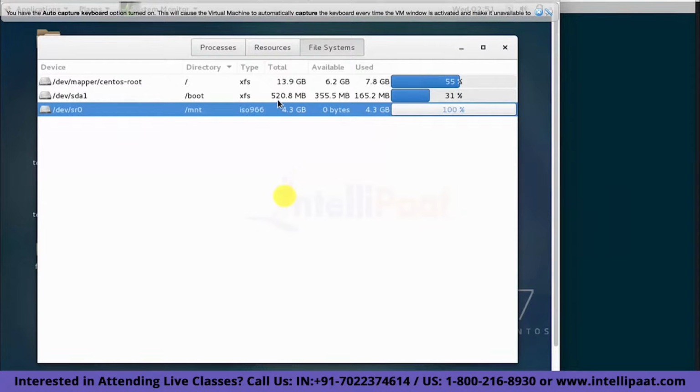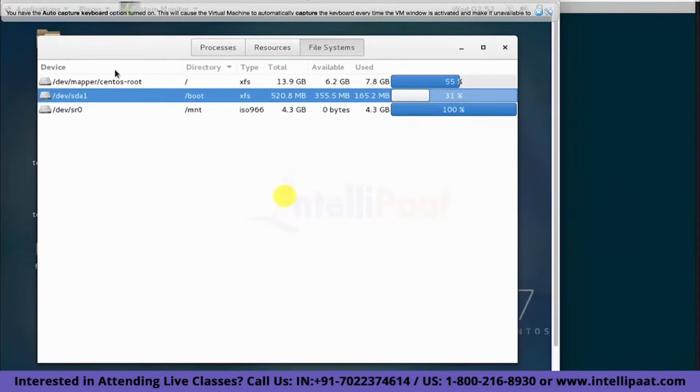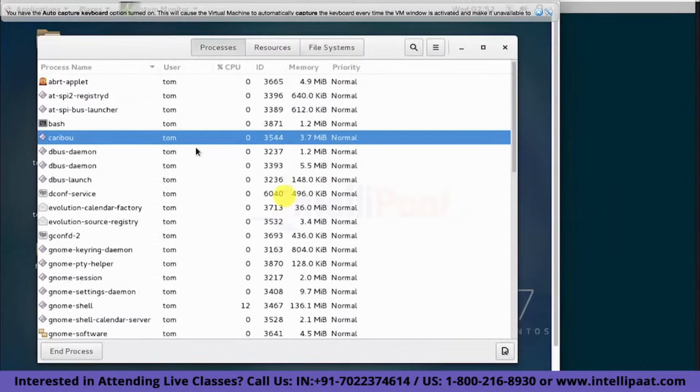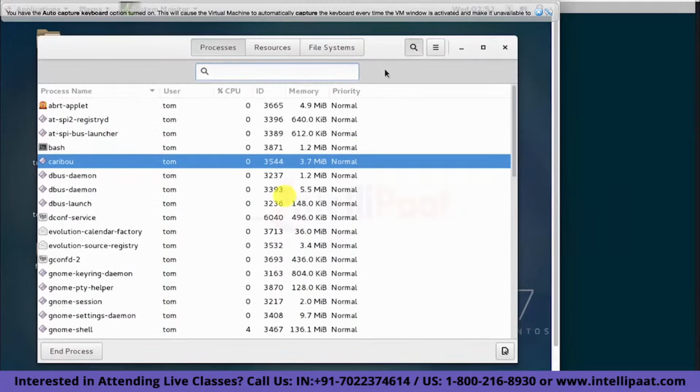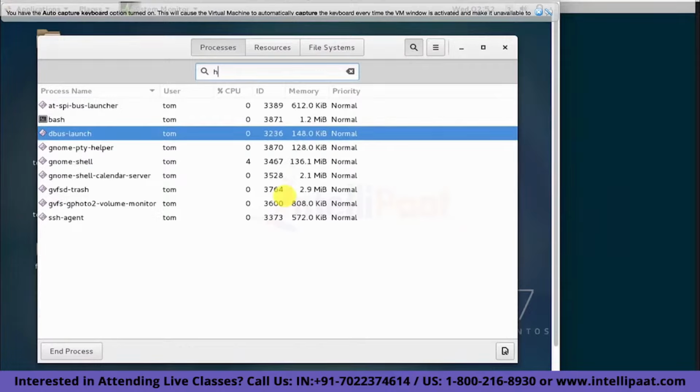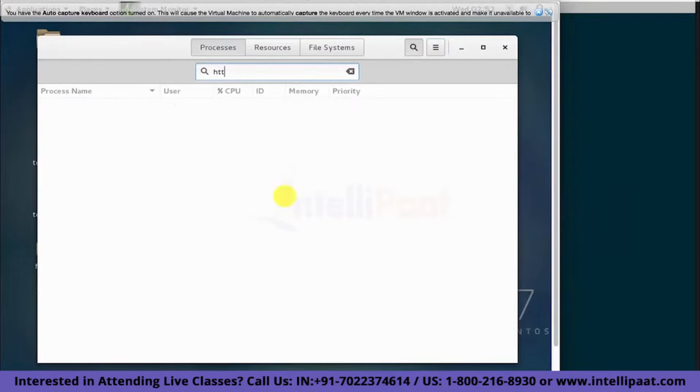So these are the various aspects which you can monitor, and process monitoring helps you to know the health of your system, and you can understand your system better by process monitoring, instead of just being blind and not knowing what to do or why the system is slow. Now this button, this search button, helps you to search a certain process, like say we